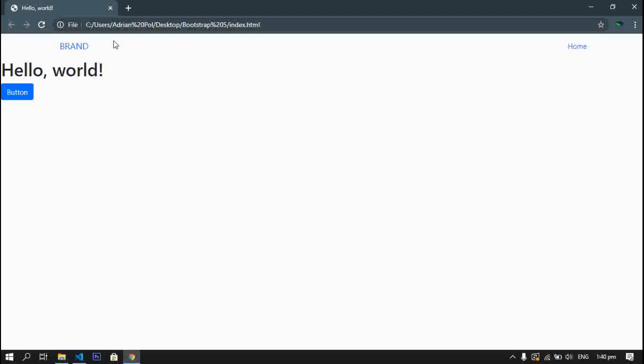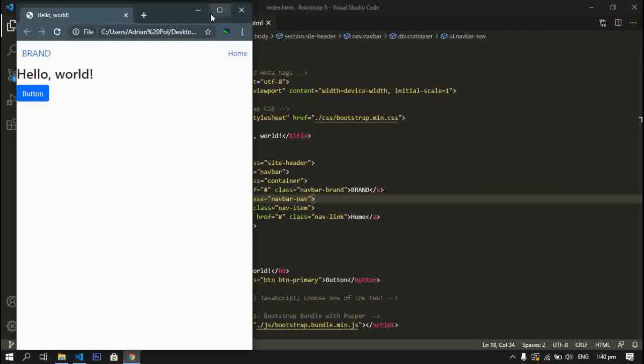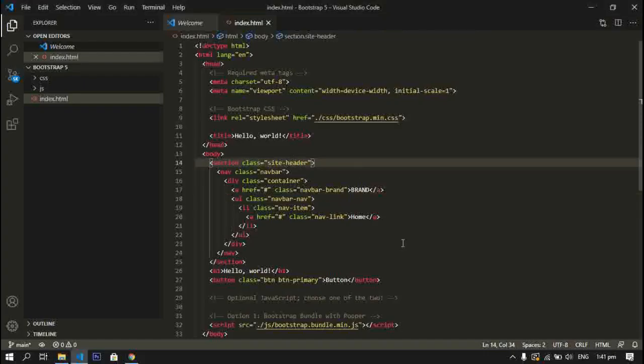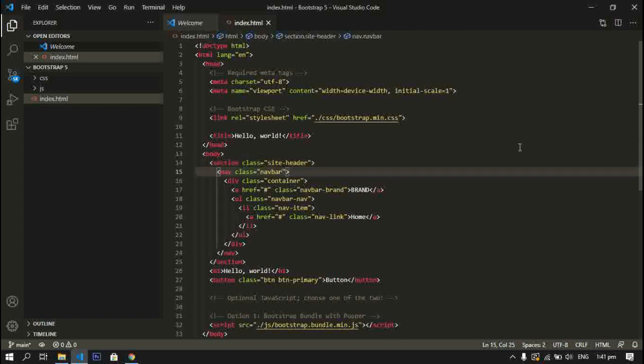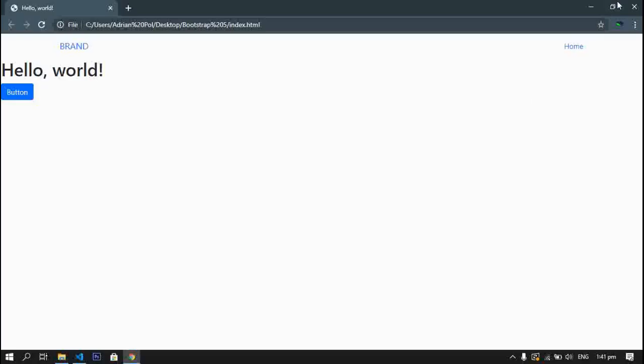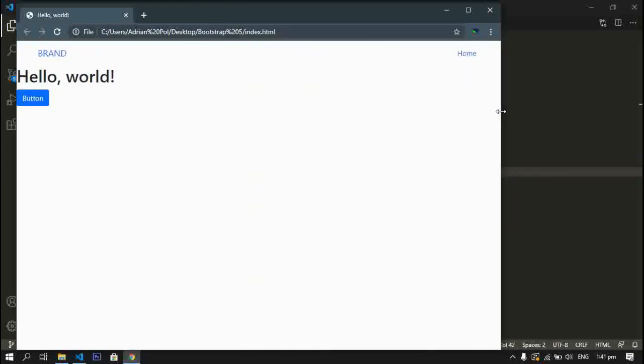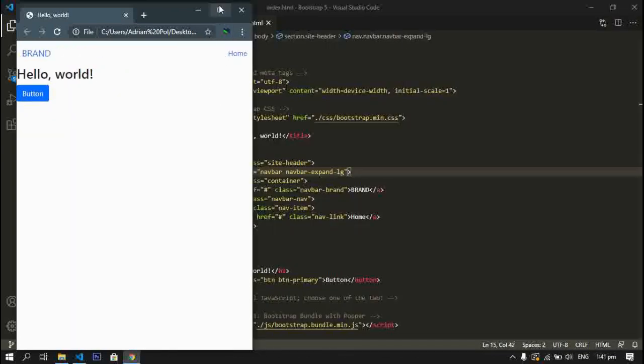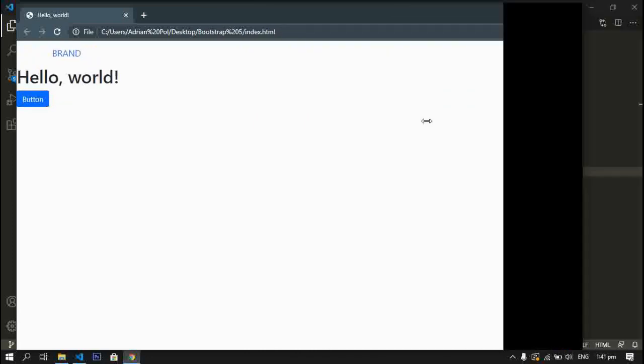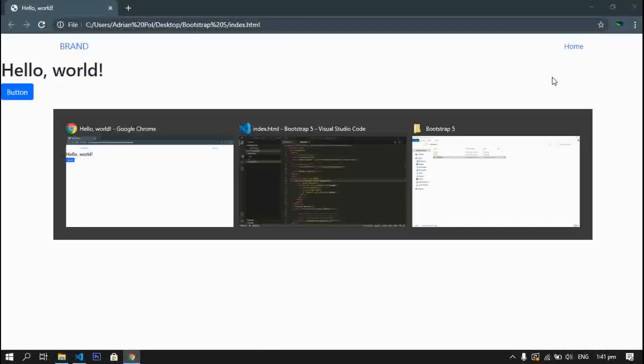So here we have our navigation, but it's not mobile friendly yet. So we're gonna add some class to make it mobile friendly. So in your navbar, you have to insert a class called navbar expand lg. This means when you do this and it reaches the breakpoint of the large, the navbar will collapse. So since it's not finished yet, you can't really see it. So let's finish it,